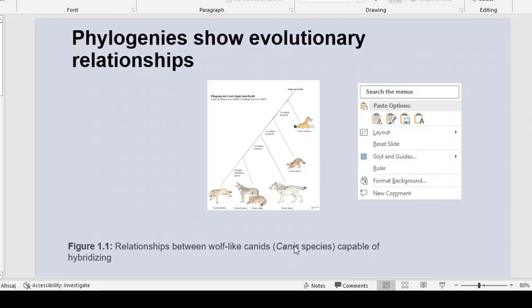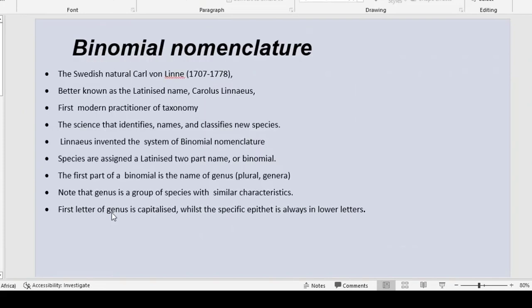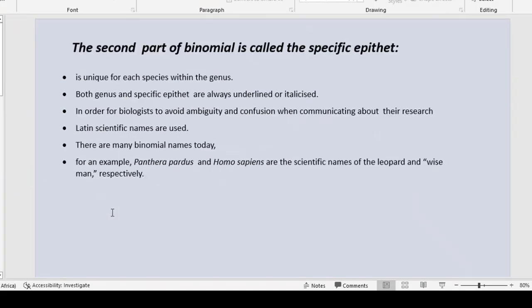So the genus here is in italics, as you can see. The first letter of the genus is capitalized, while the specific epithet is always in lower case. The second part of the name is called the specific epithet, which is unique for each species within the genus. The species is found within the genus, and both genus and specific epithet are always underlined, like I said,